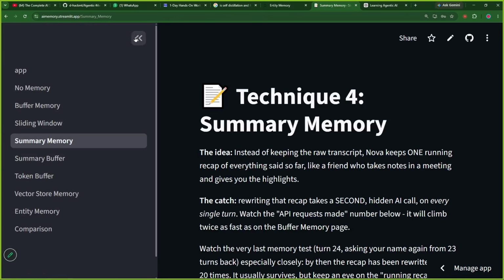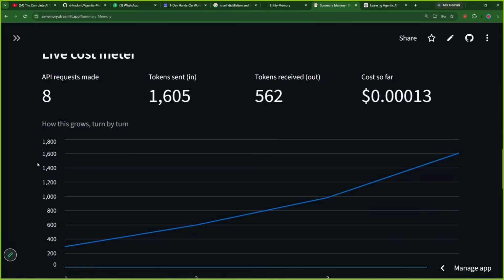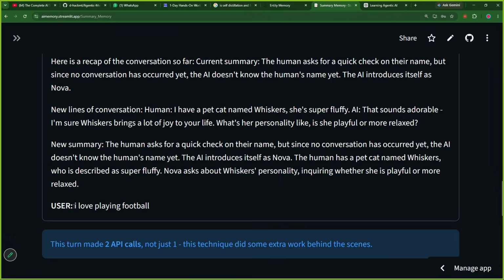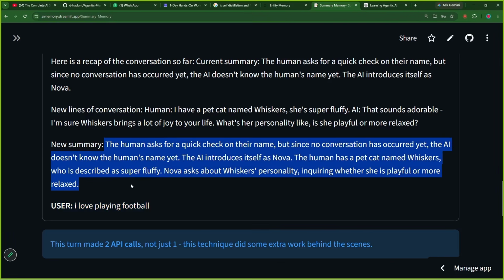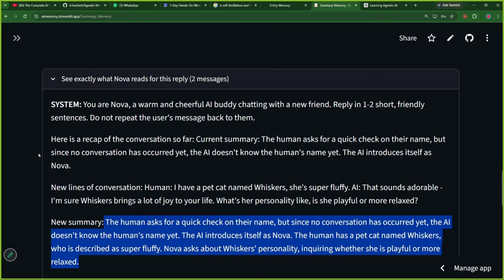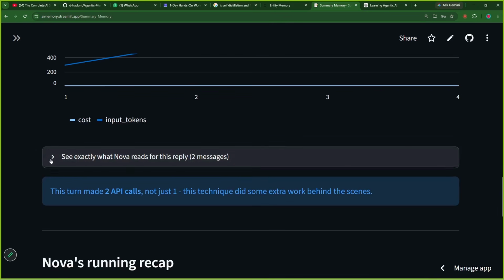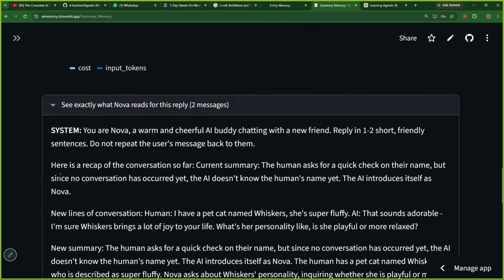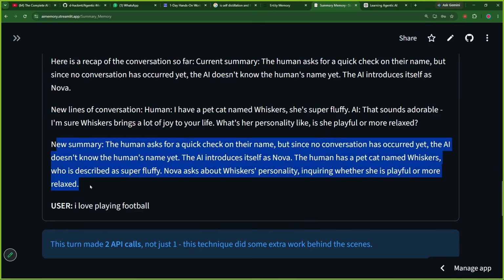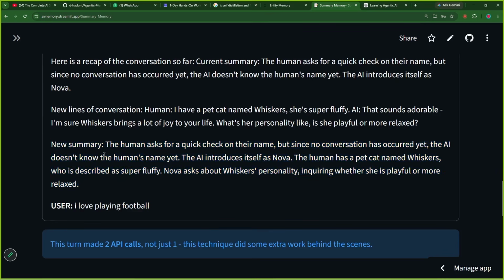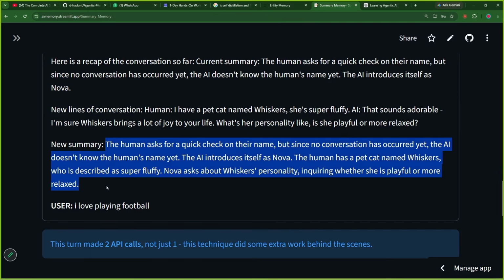Okay, so let me show you that. We will only have new user message. So new user message and new summary. Okay, always this will be the particular turn. But what is happening? One more thing. To convert the conversation into a summary, here also an AI agent is involved behind this. AI agent will be making the particular summary.